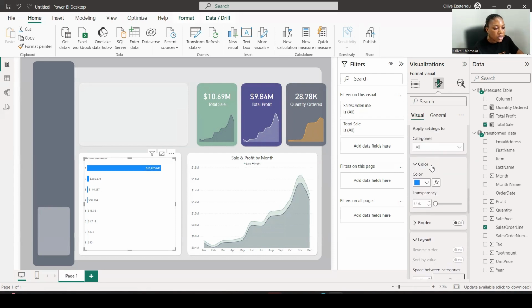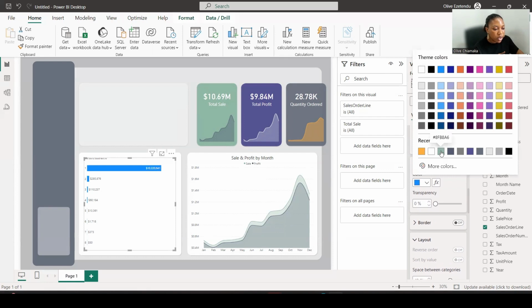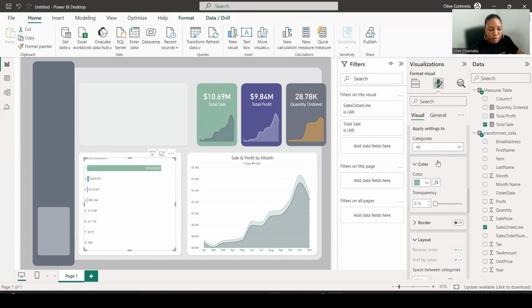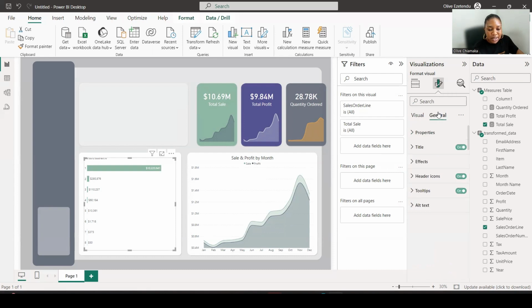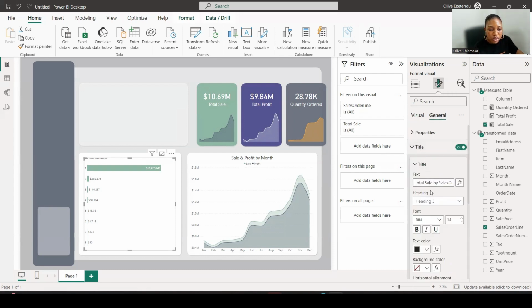Okay, so now let us use our color here, properly formatted. So the last thing we want to do is to go to general and get our sales